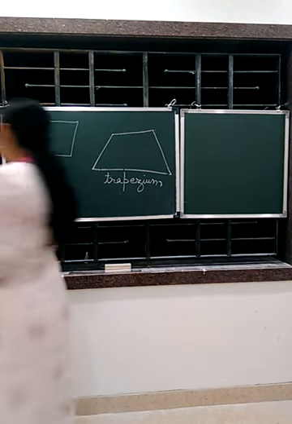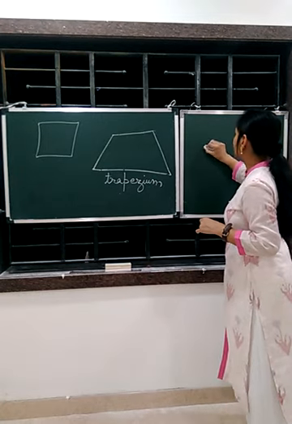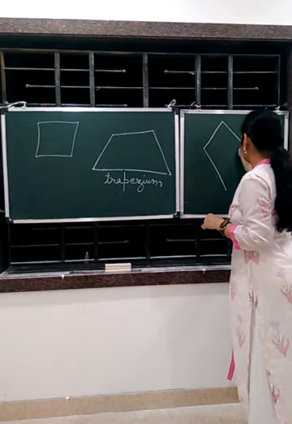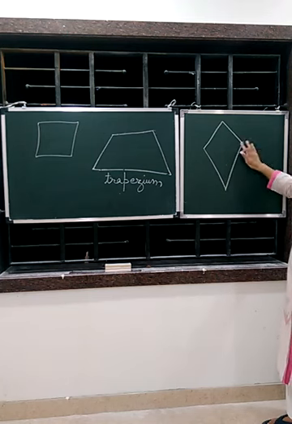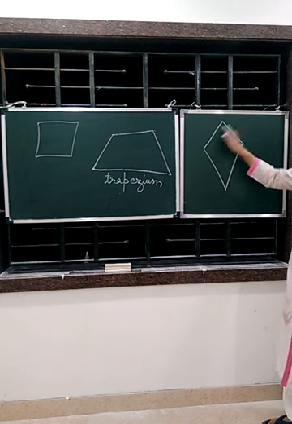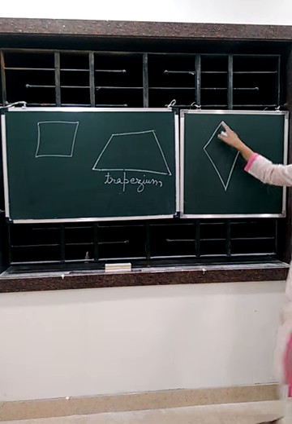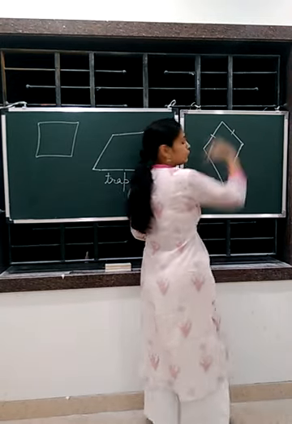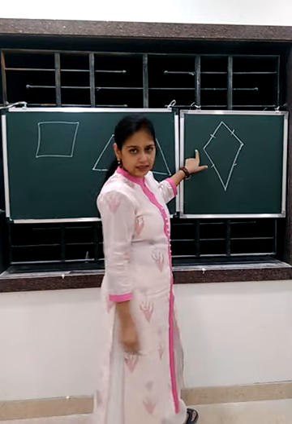Now, supposing you've seen a kite, something like this. Kite is something like this. Yes. So this is a kite. Now what is a kite? In which two consecutive sides or two adjacent sides, side by side, who are sharing a common vertex. Okay, so any two consecutive sides are same. So this and this, the length of these two is equal. The length of these two is equal. So this is known as a kite.